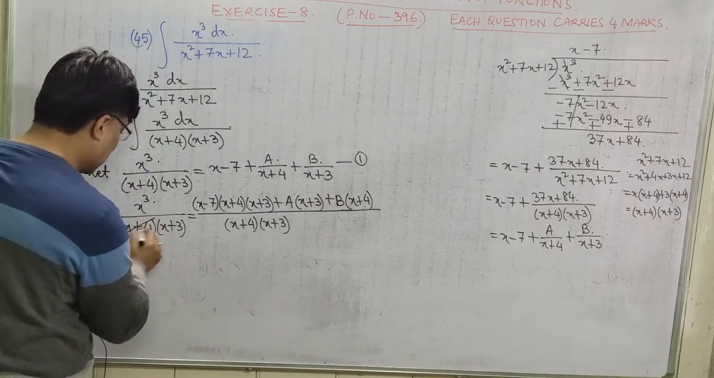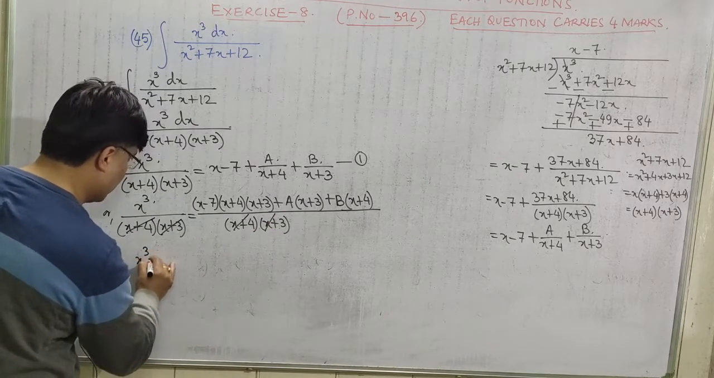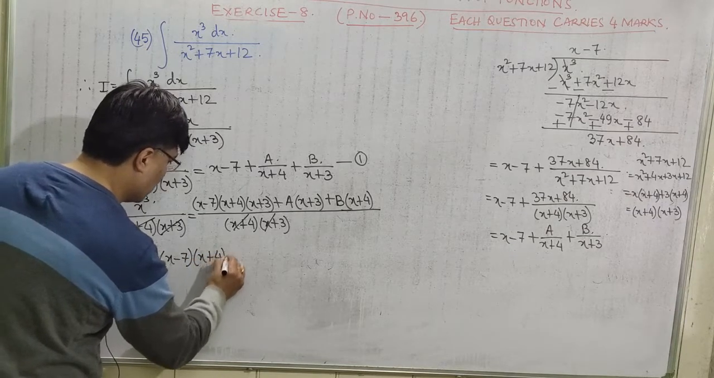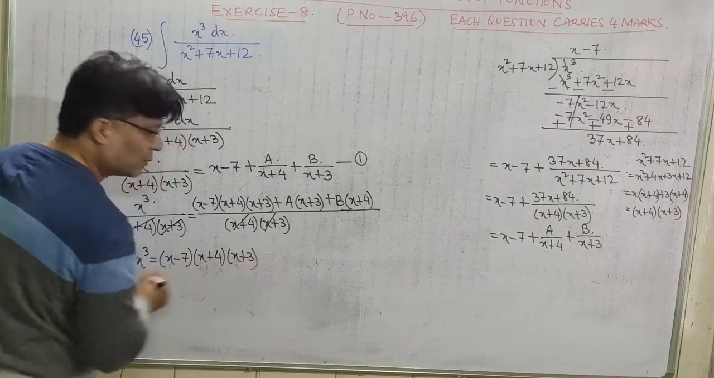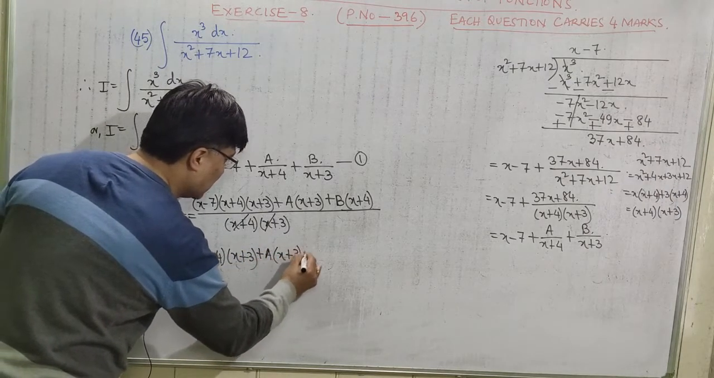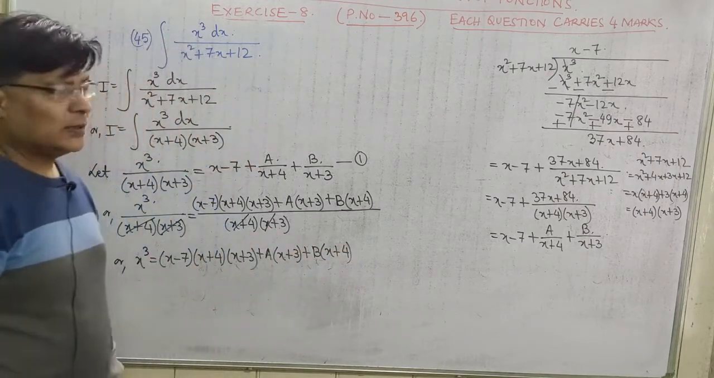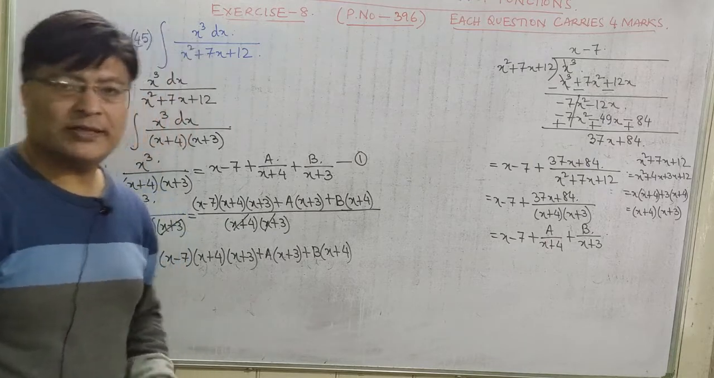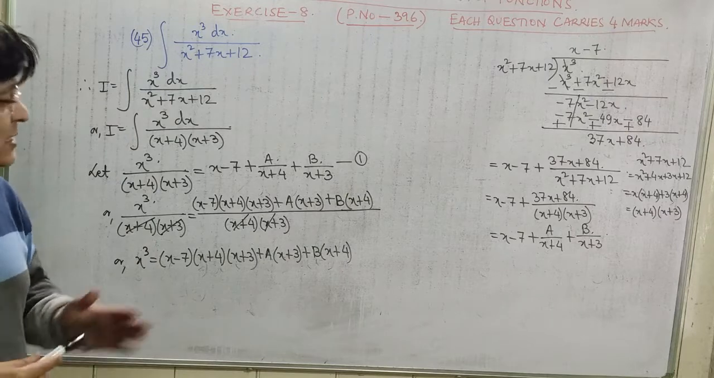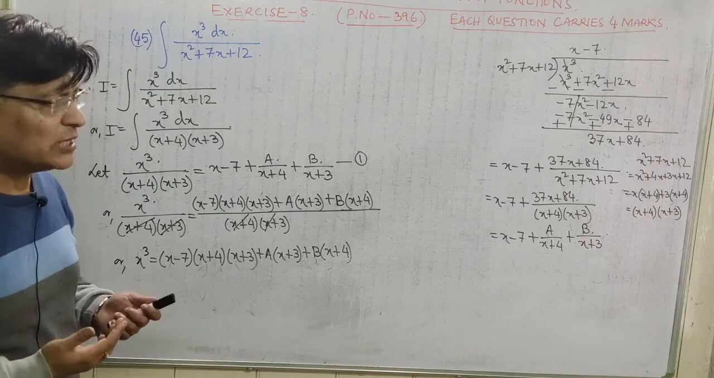So now we can cancel x plus 4 and x plus 3. Now x cubed is equal to x minus 7, x plus 4, x plus 3, right? Then plus capital A, x plus 3, plus capital B, x plus 4. So this is the equation that we got. So now you can easily find the values of those constants A and B by putting some suitable